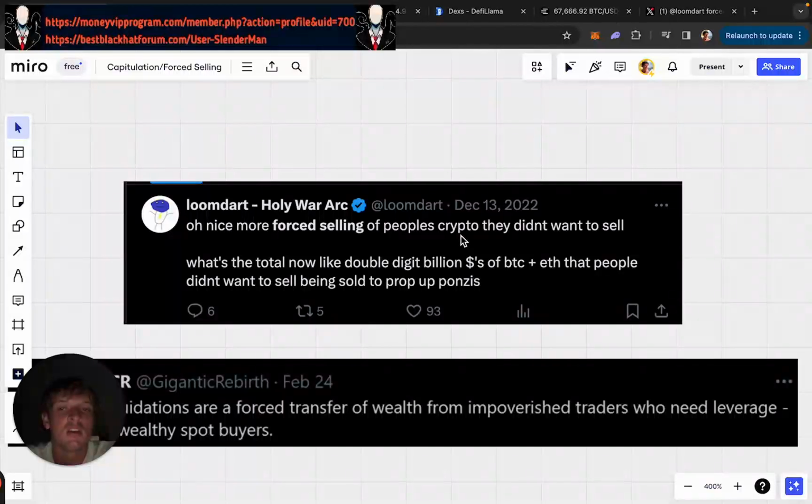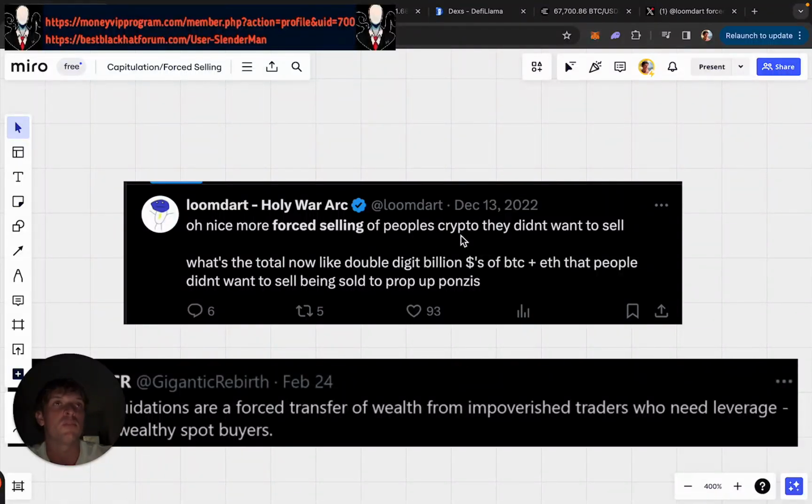And thus, the bottom of the market is often represented through forced selling, because there is no one who is willing to sell a coin lower than someone who is forced to exit their position, because someone forced to exit their position must take whatever price is given to them at the time of selling. And they don't have time to wait to sell. They have to sell regardless of what the price they are getting is. In fact, they are probably grateful that they get a price to sell at, given the amount of coins that they generally have to sell.